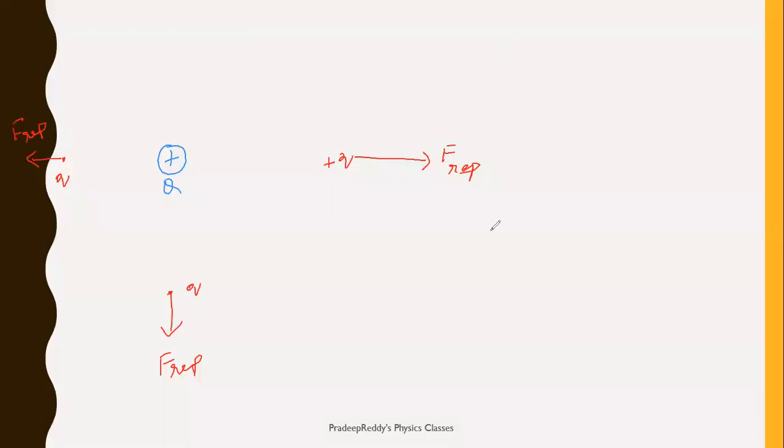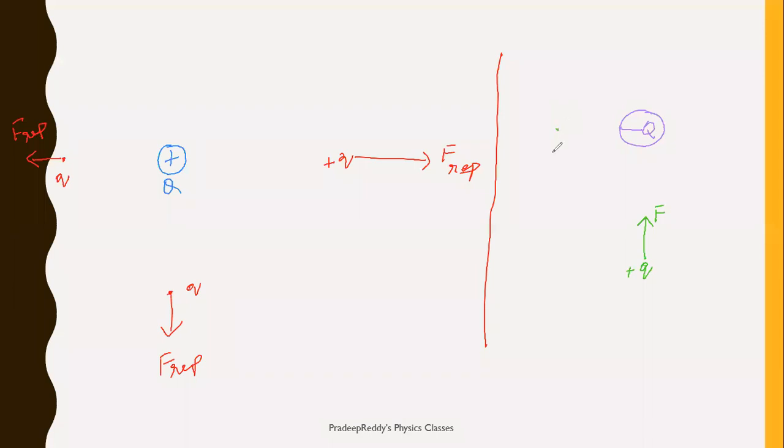Suppose I take another kind of charge, like for example, a negative charge over here, say this is minus q. Now I want to find out the region till where this minus q is able to attract a test charge. So I will be taking a test charge which is plus q. The interaction between these two is attractive. Therefore, the force in between these two is attractive. So small q test charge will be pulled by negative charge minus q.